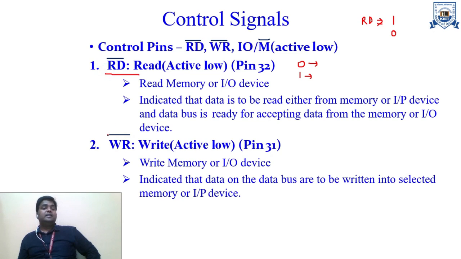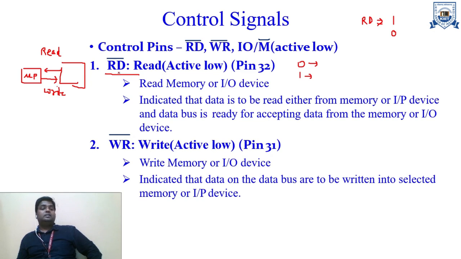As the name suggests, read and write. Let's suppose this is your microprocessor and this is your main memory. When the microprocessor takes information, let's suppose when the microprocessor reads the data of the main memory, this is your read operation. And when the microprocessor provides information to the main memory, that is your write operation. So taking the information means reading the information, and providing the information means a write operation. As the name suggests, these are your read and write operations.